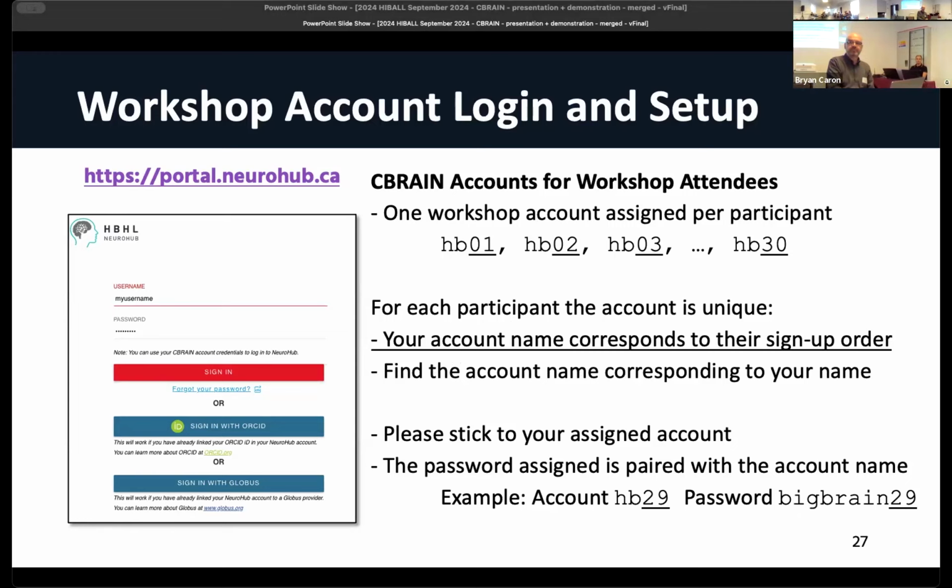So I see the note about the BigBrain. We publish news things to make people aware. Of course, with these HB accounts that you have, you're not able to get access to the data, but it was just awareness for those people who are part of the UK Biobank. Exactly. Yeah.